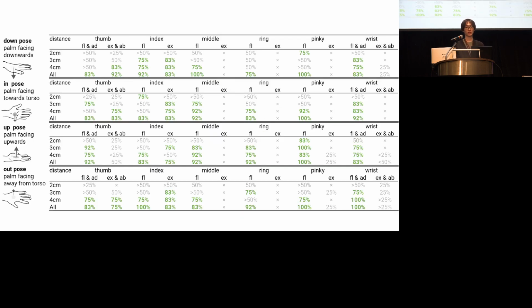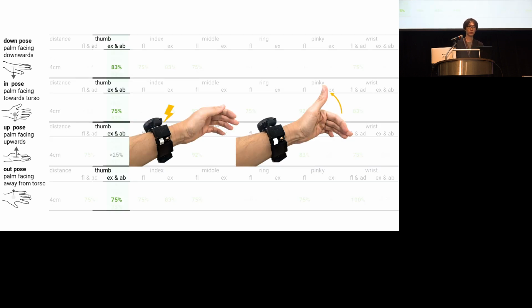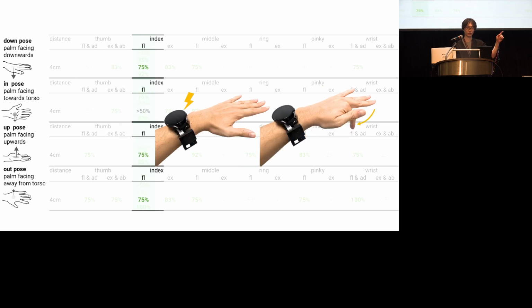This is the overview of the result of which joint is moved under all different conditions. This is a lot of data, so it is too hard to see, so let me show you the best we saw. The best result was when the user wore our device about 4 centimeters from the top of the wrist, and we were able to robustly observe thumb extension, which creates a kind of thumb up gesture, index flex, which is probably the most